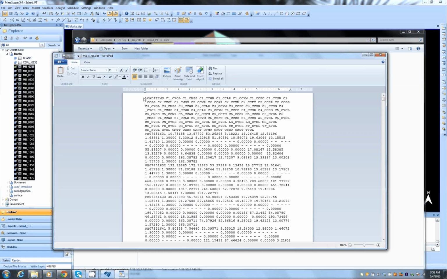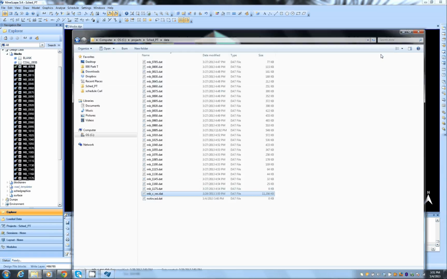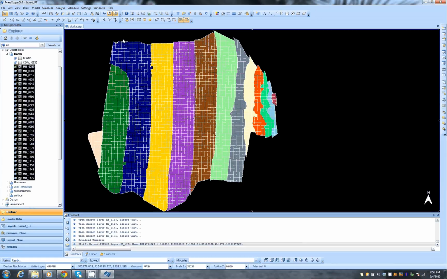It should start from load items. That's converted from the reserves report that you did before. Okay, we have the file and now we are going to load it. So how are we going to do it? First of all, we need to activate the schedule. So we go to schedule, we click on run,